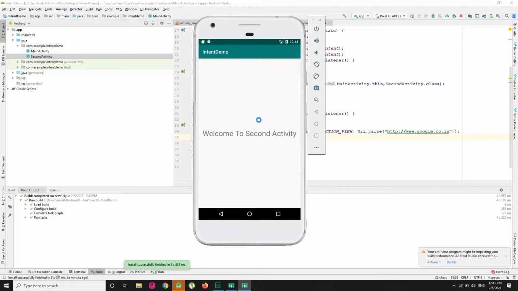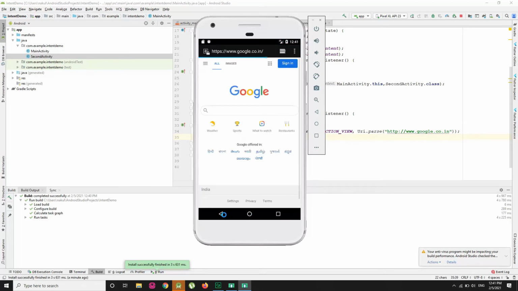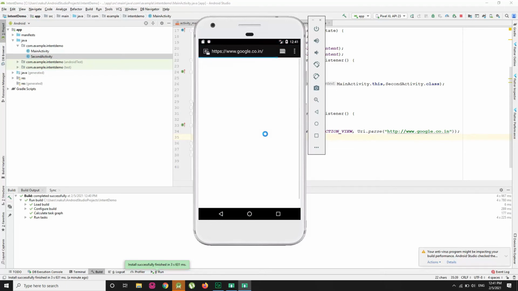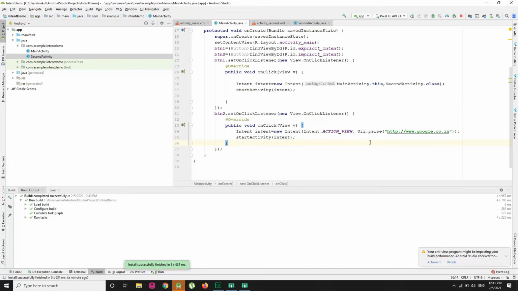So this is explicit intent, and this is implicit intent. Using explicit intent we can move from one screen to another screen or one activity to another activity, and using implicit intent we can move from one application to another application, right?